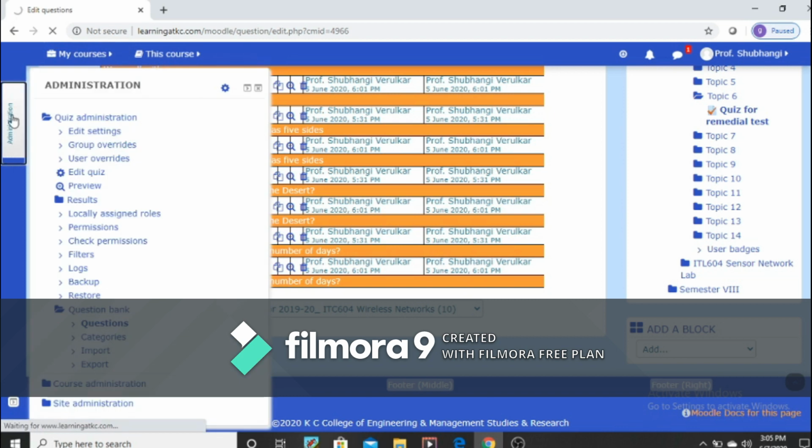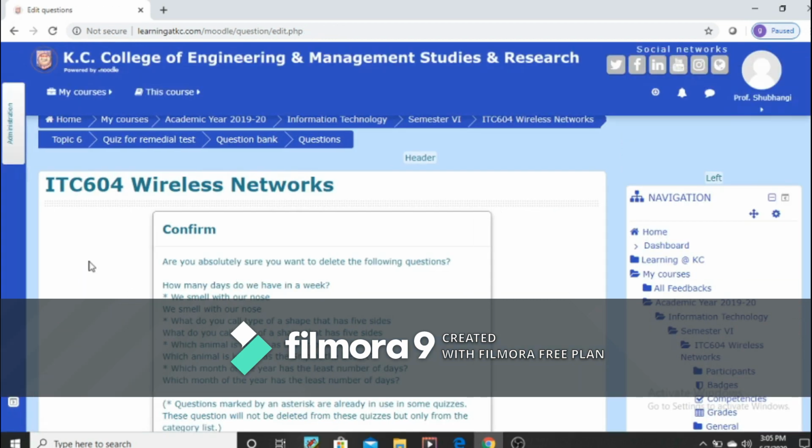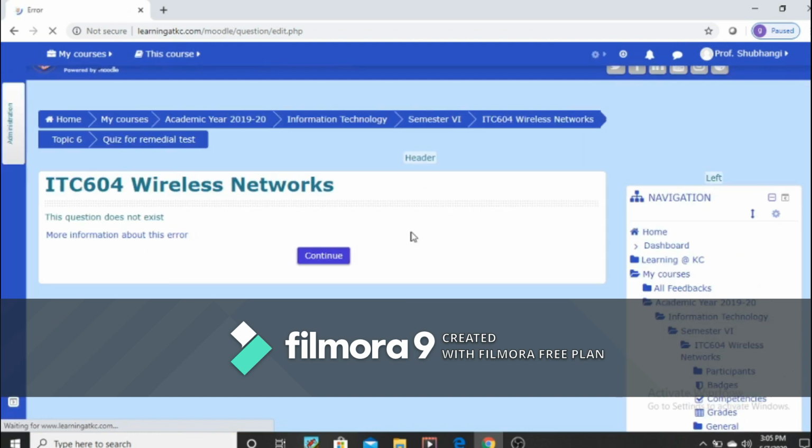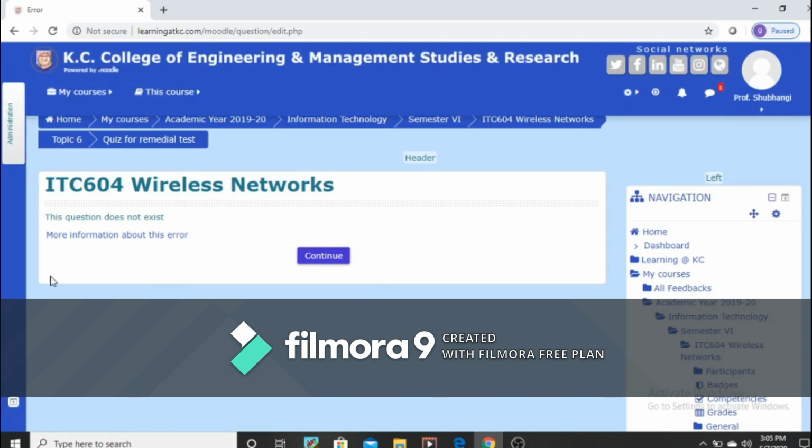In administration, question bank, it will ask you to confirm that you want to delete the questions you have selected. So click on delete. Right now no question exists in our question bank, so we can continue.